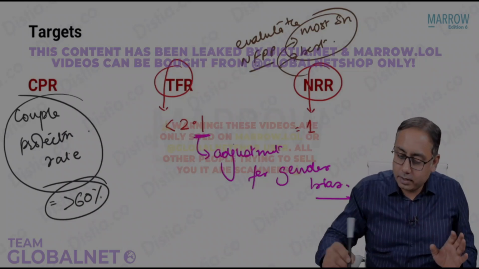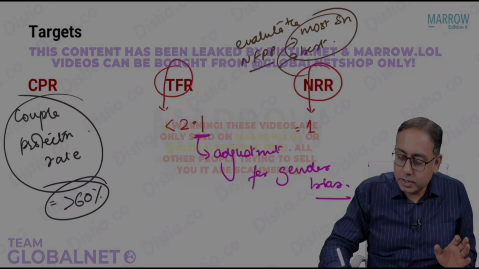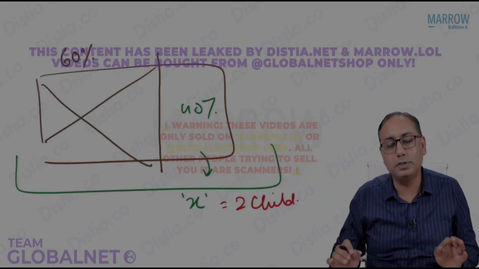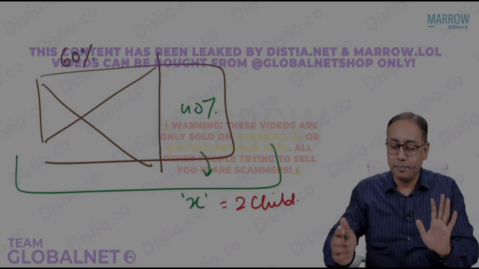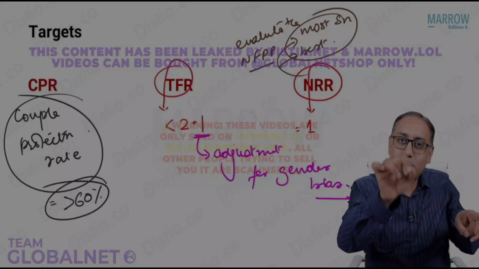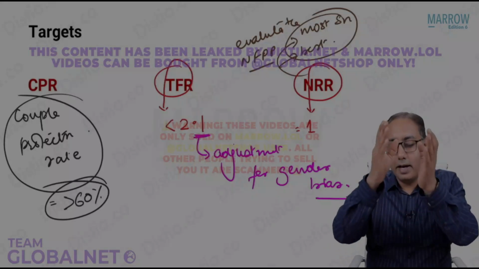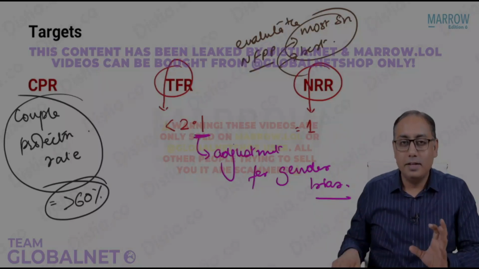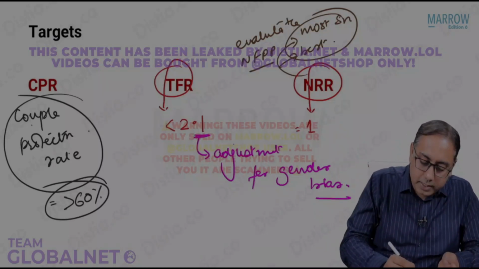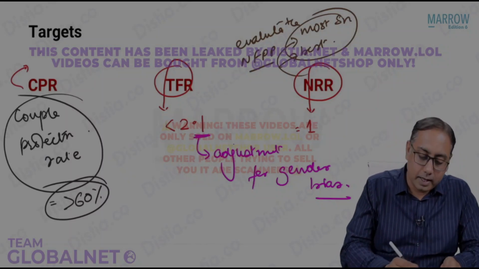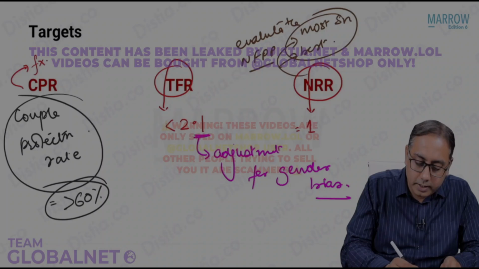We just tell them that in your areas, you should contraceptize how much? You should contraceptize 60%. Because we know that if they contraceptize 60%, the TFR of my area will be 2.1, and if TFR is 2.1, the country's NRR will be 1. So try understanding that. I want to say that couple protection rate is the most important indicator, which is working as a functional indicator,